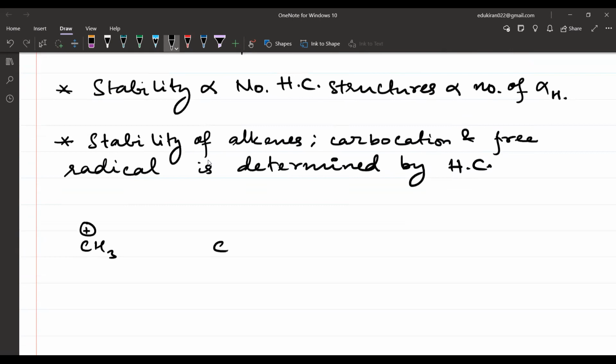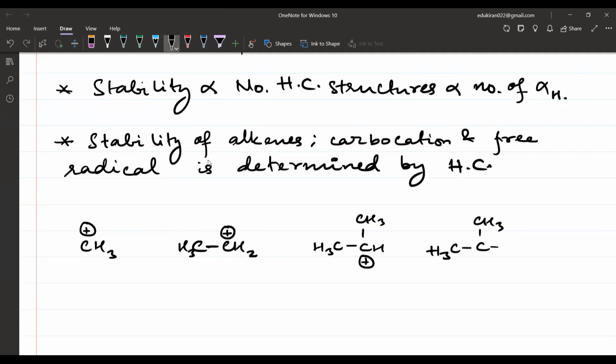Then you have carbon, CH2 positive, and CH3. This has 3 alpha hydrogens, right? sp2. And if you have CH3 carbon with another CH3 and H, the positive charge, this carbon atom has 6 alpha hydrogens. Then you have H3 carbon carbon CH3 and CH